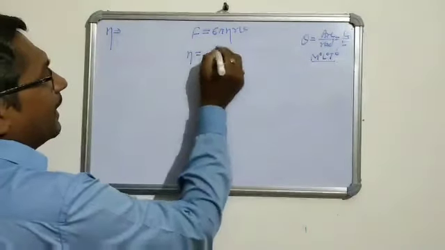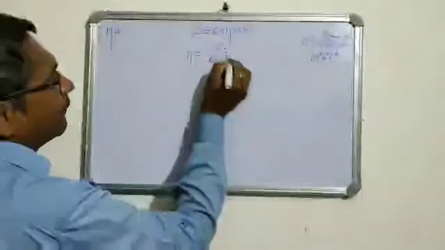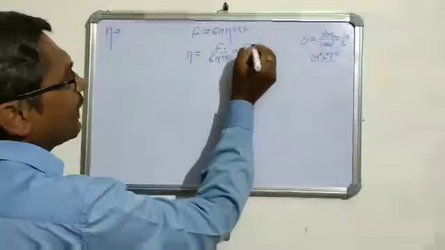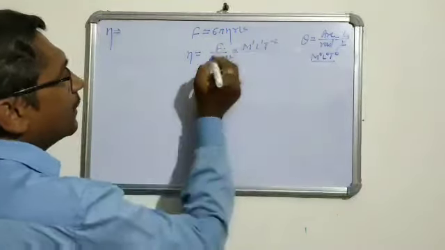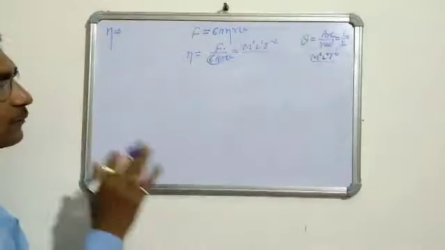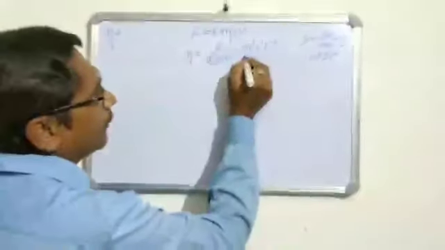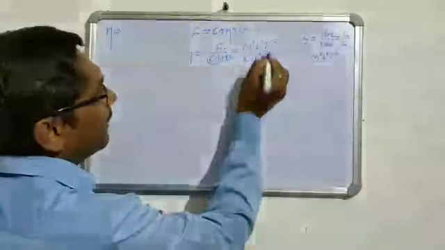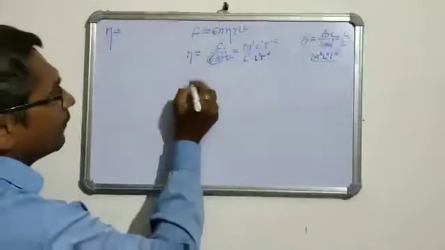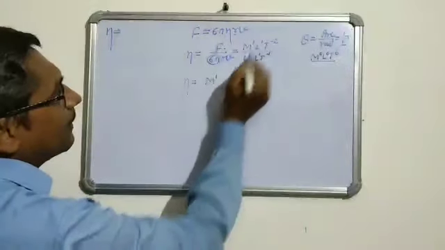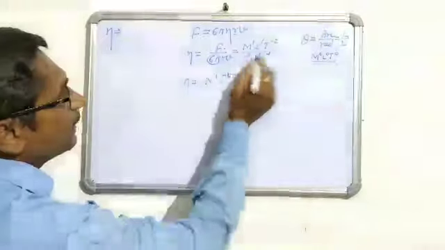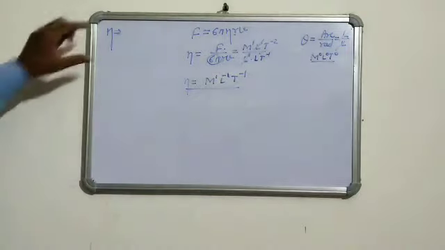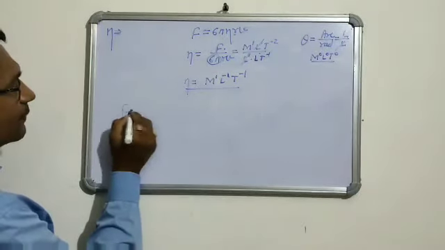So now we can find eta equals F upon 6 pi r v. F is a force. The dimensional formula of force is M1 L1 T minus 2. There is no dimensional formula of 6 pi, so 0. r is a radius, so L1. v is the velocity, so the dimensional formula is L1 T minus 1. Now the dimensional formula of eta equals M1, L and L cancel, L minus 1 and T minus 1. And we can find the dimensional formula of eta in another way also.